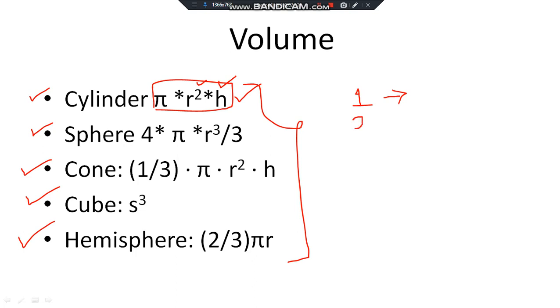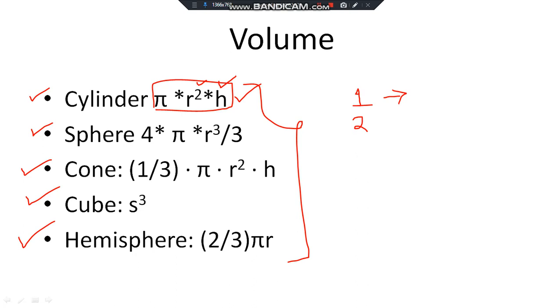If my choice is 2, in that case it will be sphere. If my choice is 3, in that case it will be cone, and the volume of cone is 1 by 3 into pi r square into h, and so on. So let us implement this program wherein in each case I have to read the different values.